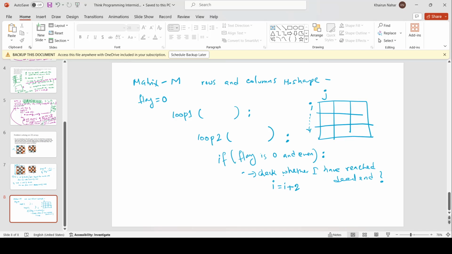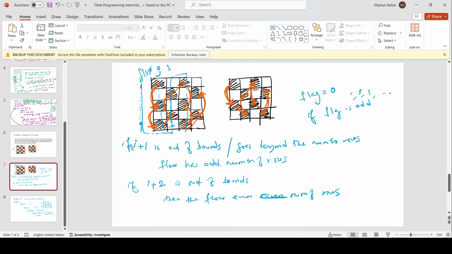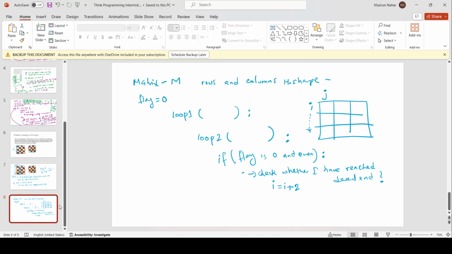And the check for dead end, as I've already shown in this slide, is that I have to check if I plus 1 is out of bounds. If not, I have to check if I plus 2 is out of bounds. And if these two conditions are false, it means I can go further downwards. Okay. And else,